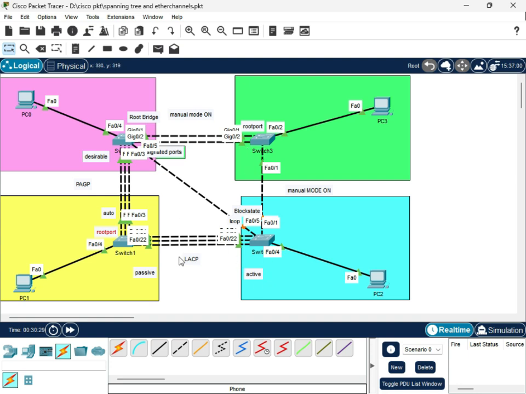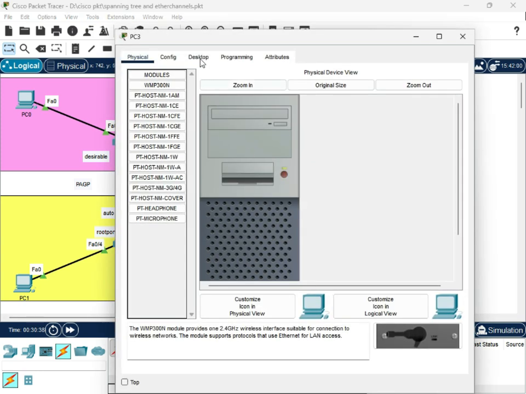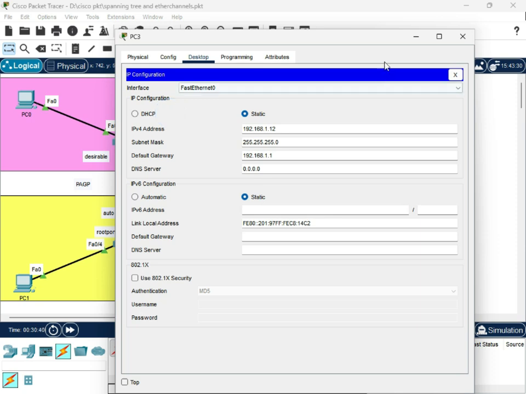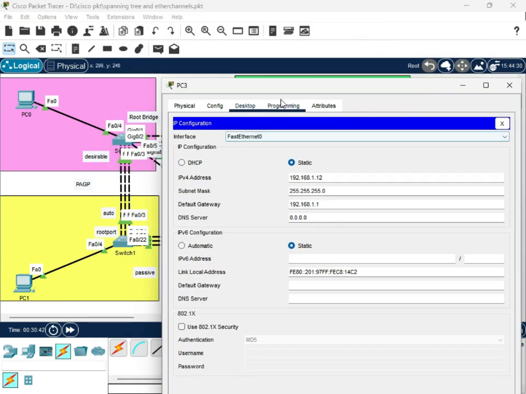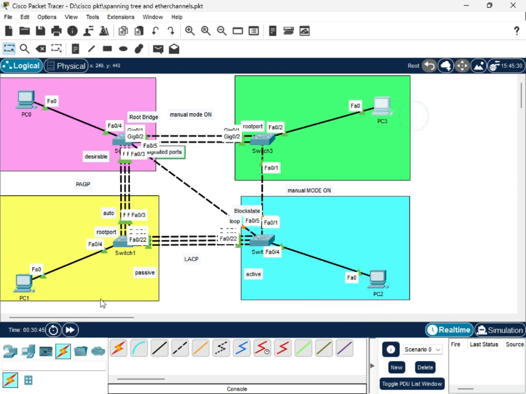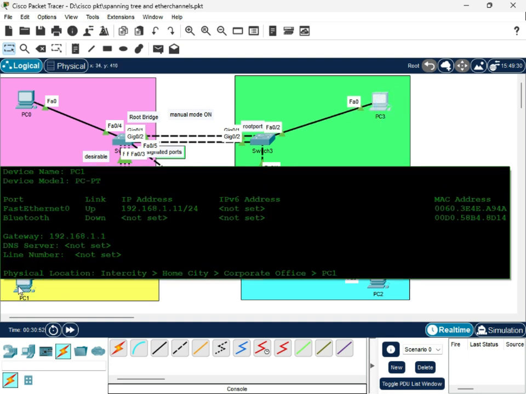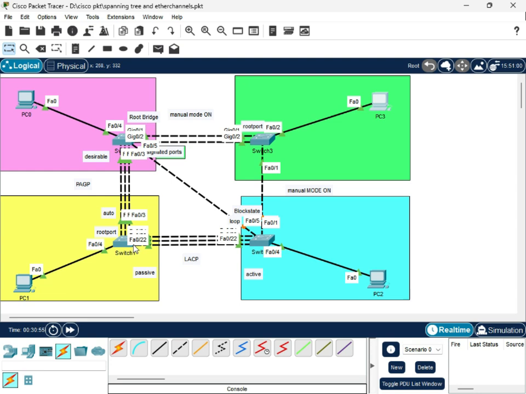Now what we are gonna go through is demonstrating how exactly, if we're willing to send a packet towards a specific destination, we're gonna see the packet moving and choosing the path and ignoring the path that is blocked. Obviously, if you want to send something toward this device from PC1, the path that will have to work is the path where there is no interface that is blocked. Okay, so we expect the packet, or the frame, to